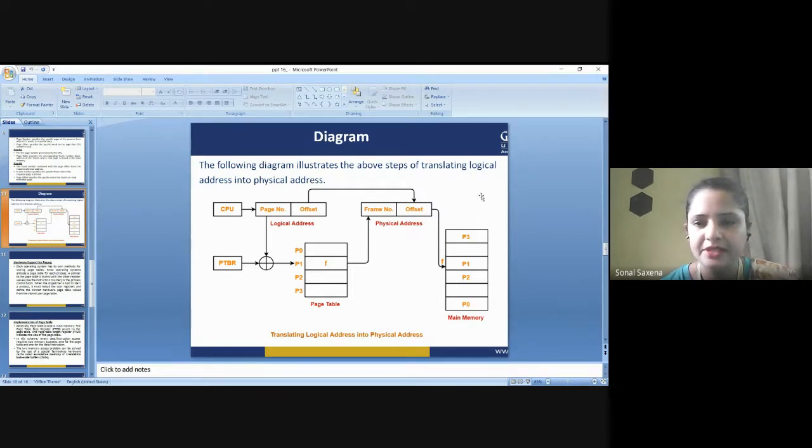So here you see this is the main memory, the right hand side, you can see here. It is giving you F. So you can see that P1 is stored at this particular location in the main memory. This is how we have reached the physical memory, or the actual address of a particular process inside the main memory. So its translation is as simple as that. Okay, I hope this one is clear to you. You can see this diagram. I hope this one is clear to you.